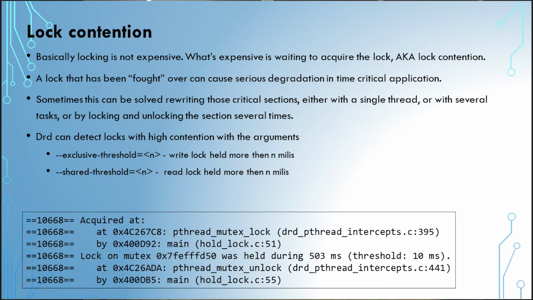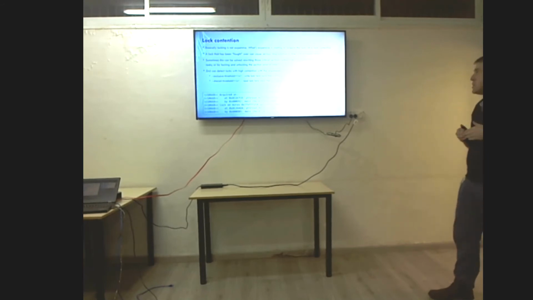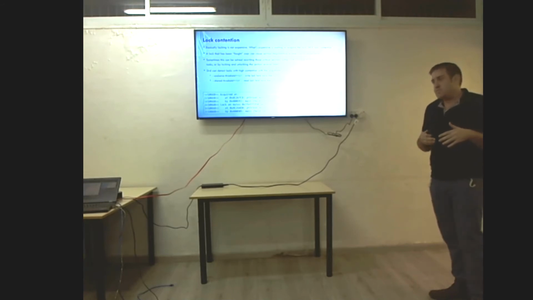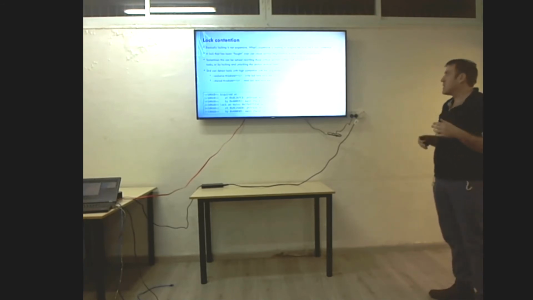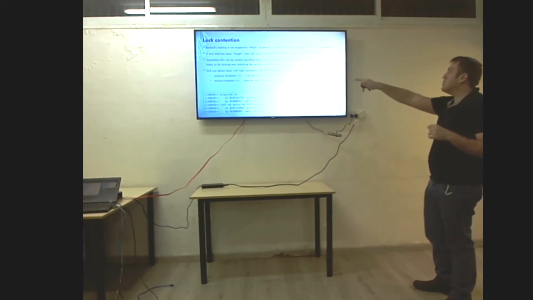Of course, identifying those areas is only the first step to solving the issue. Even if you do know that there is a certain lock that you have a fight over, it doesn't mean that you can fix it easily. The first step to the solution is identifying the problem. Maybe you need to redesign the code, maybe not use threads, maybe use a queue somehow, synchronization, but it will help you identify that there was an issue with this lock. So there are two flags, exclusive threshold